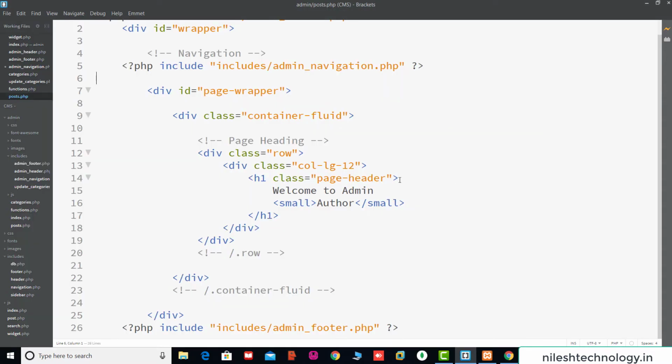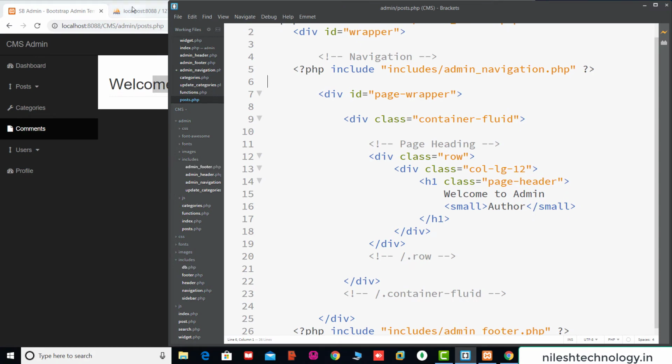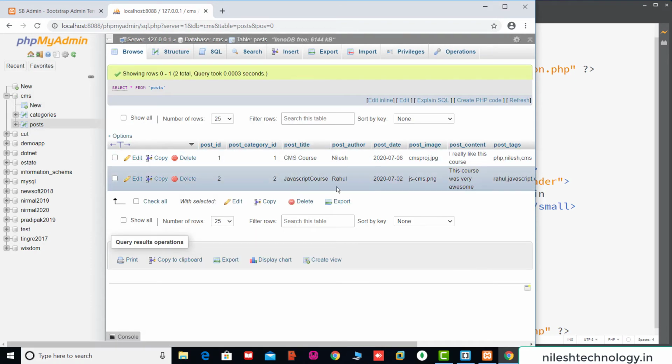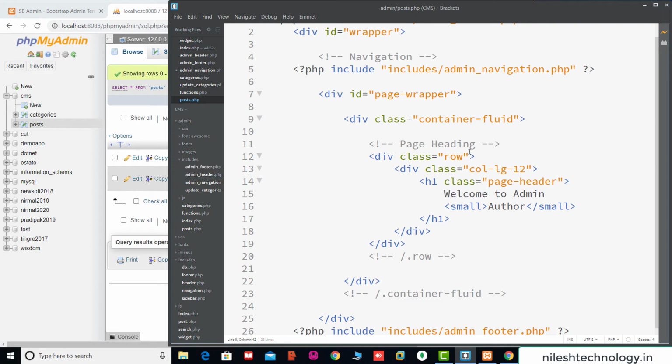So first we will display the table data on the post.php file. Going to this phpMyAdmin, if you click on this post table, so this post data is displayed on this browser. So first we finish this task: we grab all these data from this table and display them in the browser. So first we do this task, so go ahead and do that. So this one was the post.php file.